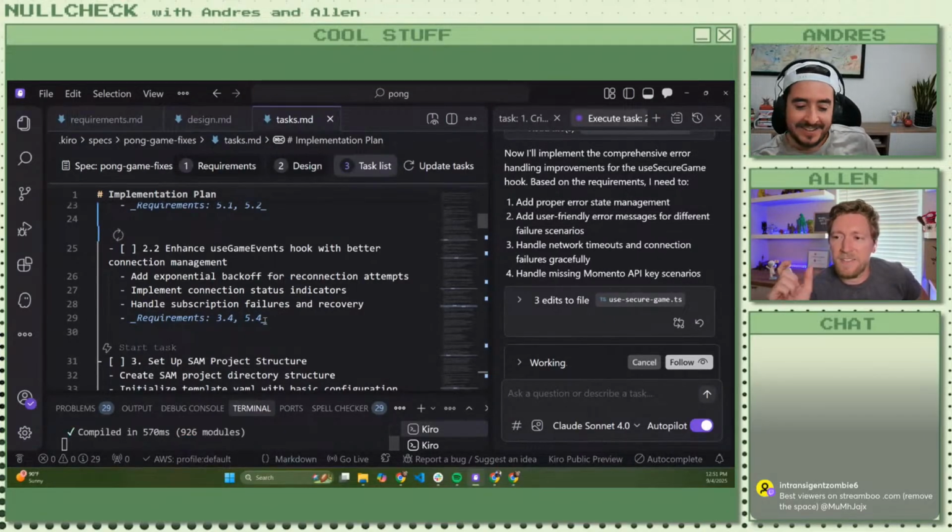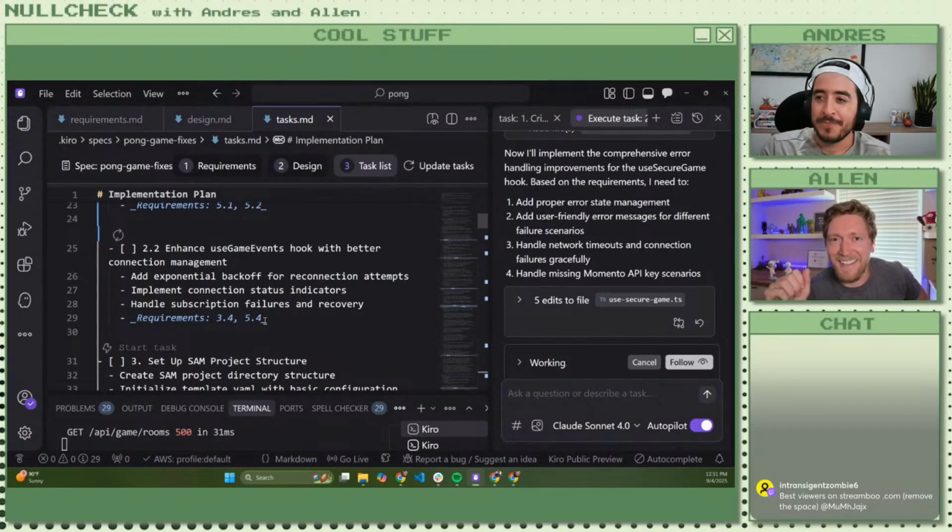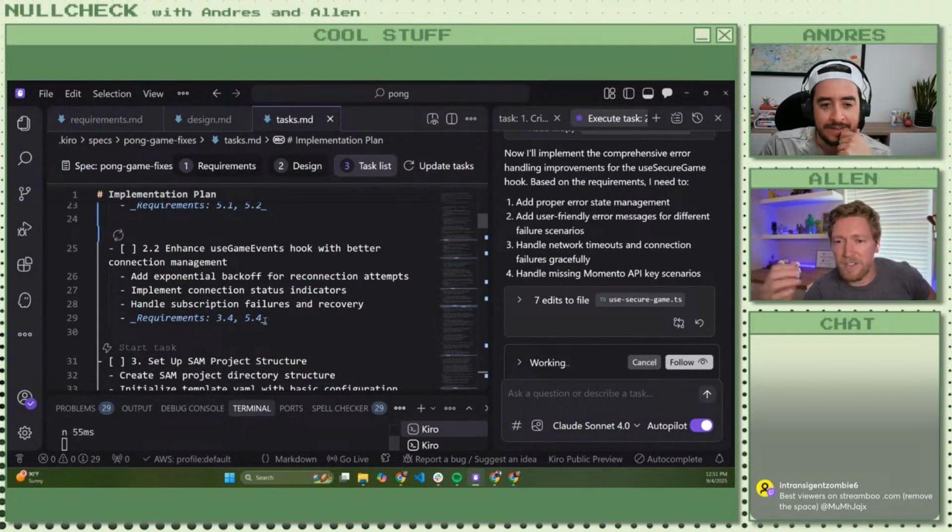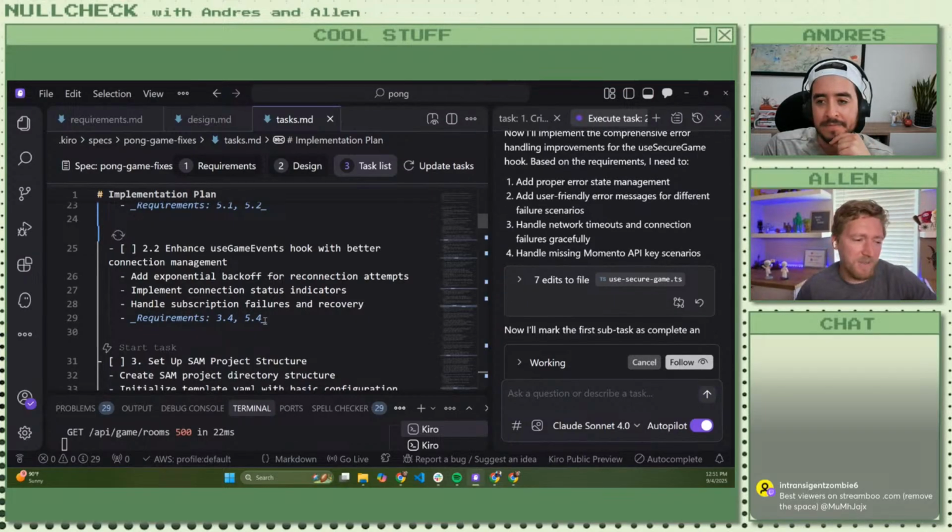So if it's 0-0, nobody can shoot lasers. If it's 1-0, the person that's losing can shoot one laser visible at a time. If it's 2-0, then they can shoot two lasers at a time, and so forth. And have that be the fun, sticky feature. And if you get hit by the laser, maybe you're stuck for 1 second, something like that. That was the feature I wanted to implement.